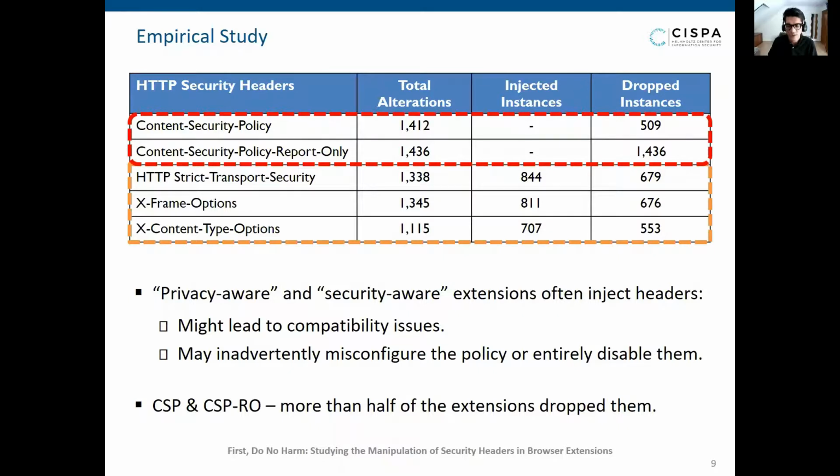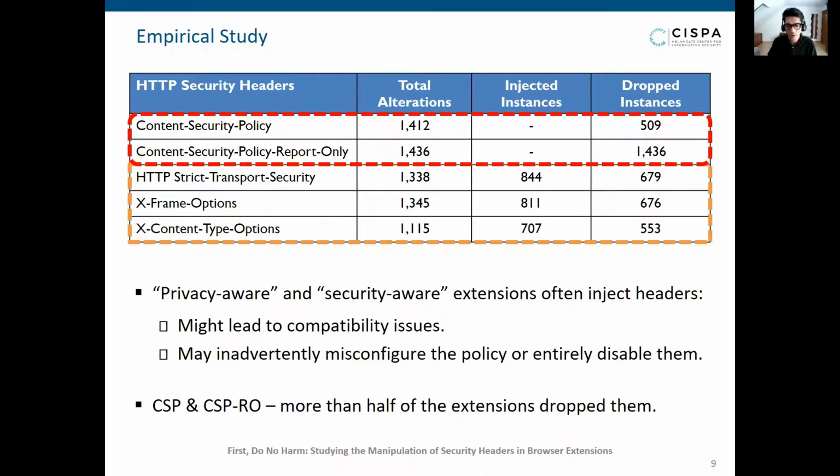Further, in case of CSP and CSP report only, we observe that extensions heavily modify or drop these headers for their purposes. Specifically for CSP-RO, we observe that all the alterations correspond to the dropped instances.